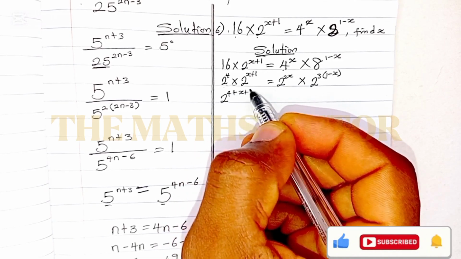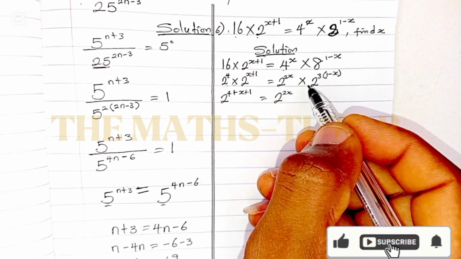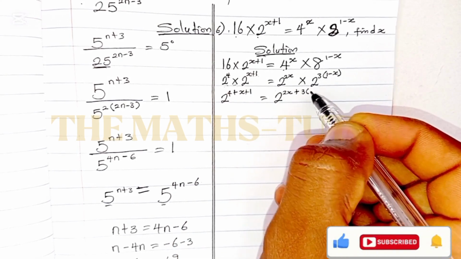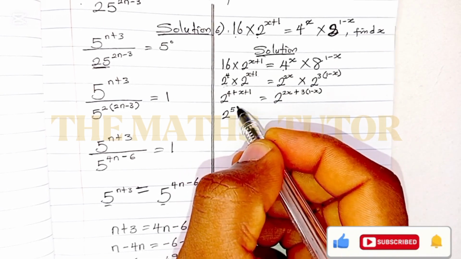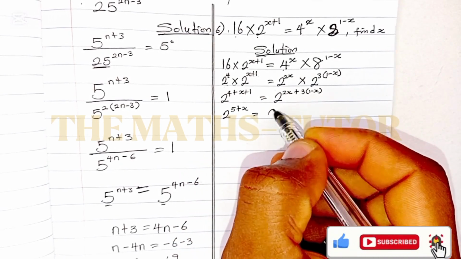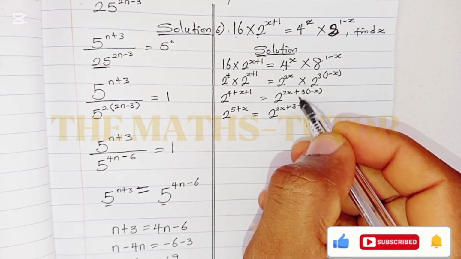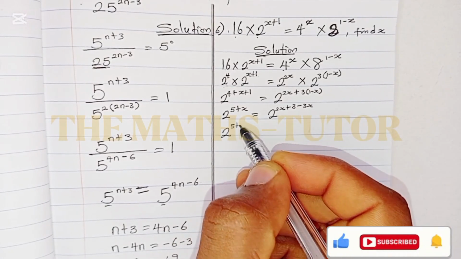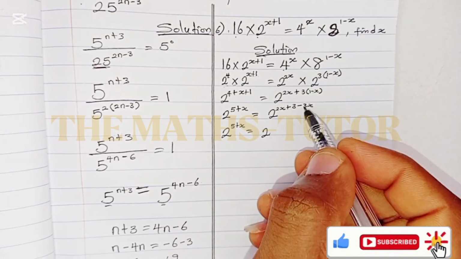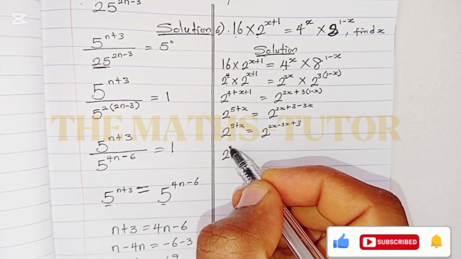So using the multiplication law, we add up the indexes of each of them because we are multiplying. And that being true, we can always compare their base because they have equal bases, and then having compared their base, we can equate their index to each other. And all we have to do, having equated their index to each other, is collect like terms. And so as a result,